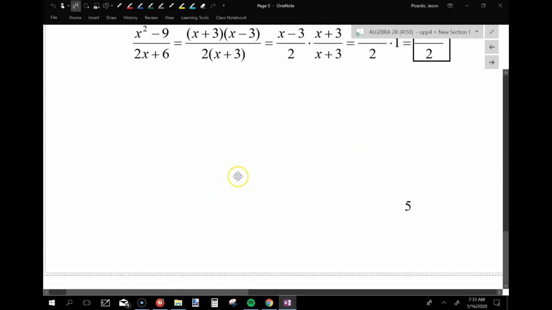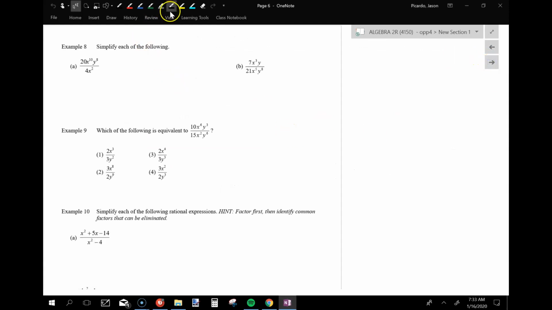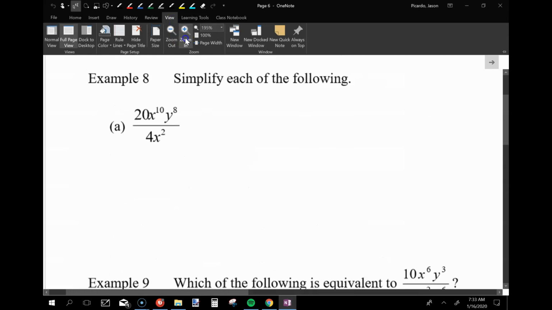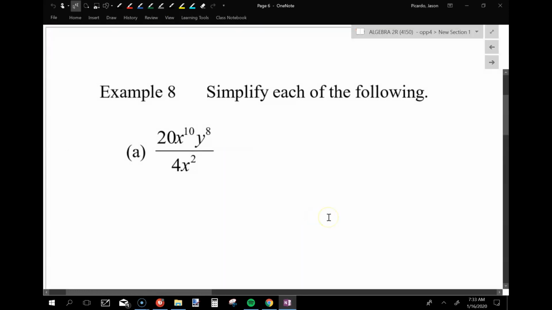I'm going to come back to this one in a minute. So flip the page for a minute. I want to simplify each of these, okay? So really what I want you guys to do